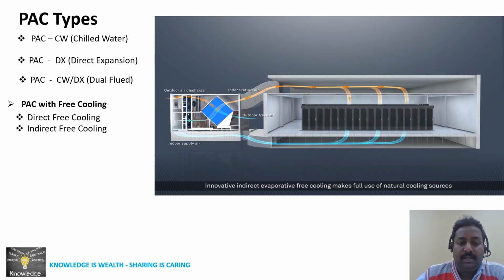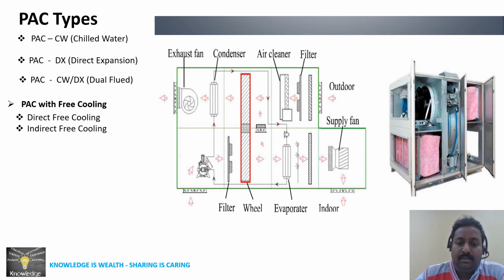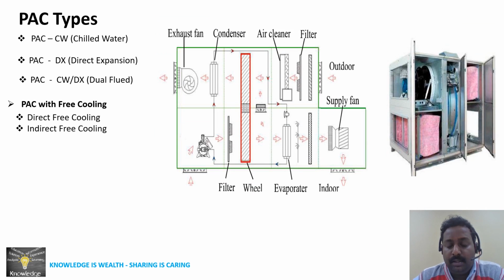Indirect free cooling is the same ambient air pumped into the data center, only part of it goes through a heat exchanger. So a portion of the ambient air will be pumped into the data center through the heat exchanger. Indirect cooling also requires positioning of the heat exchanger space and additional setup. Those are the difficulties in direct free cooling, and whenever the matter comes to PAC with free cooling,